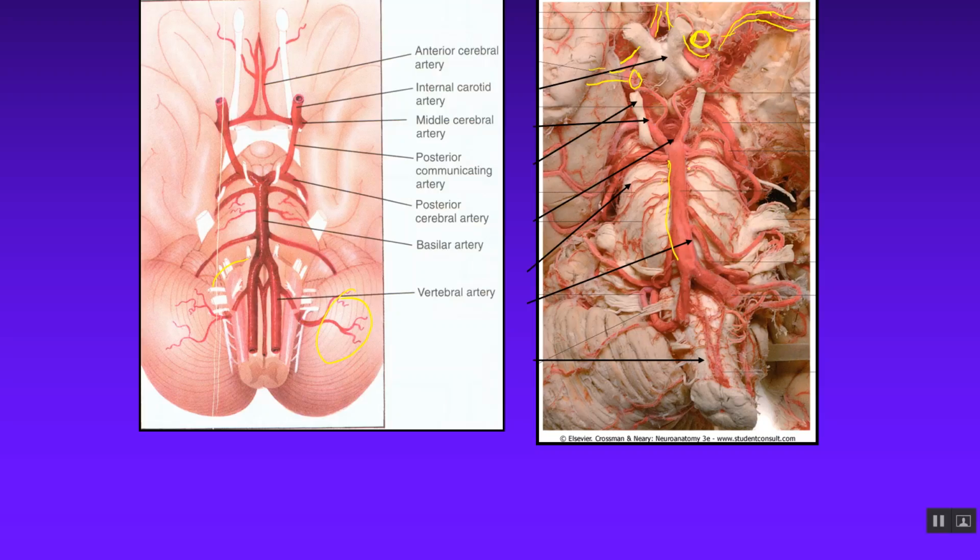Here's your basilar artery. Here's one of your vertebral arteries here, and it's been cut right here, and there's another vertebral artery right here, it's been cut right there. They join together, and then here's those posterior cerebral arteries here. Lots of stuff in here, around those cranial nerves and all those vital areas,